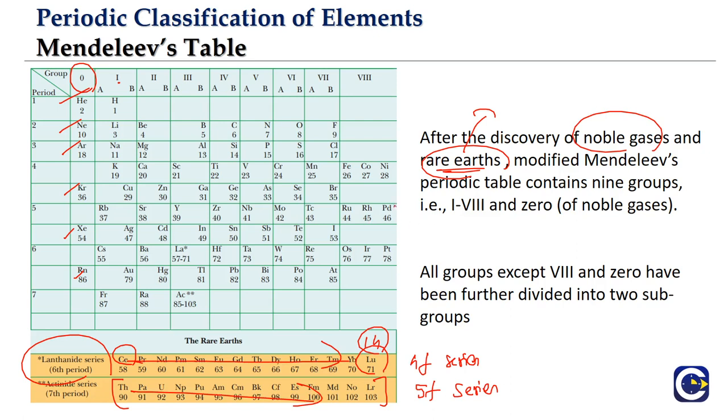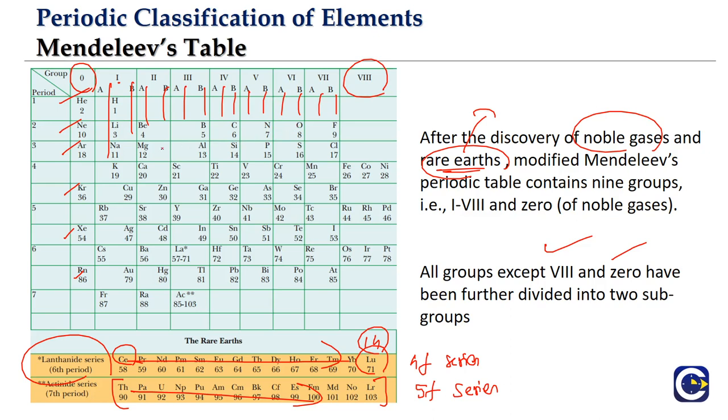And if you see one thing, leaving out group 8 and 0, each of the other groups is divided into two subgroups, A and B. We can see all of them are divided into A and B. Now broadly, in terms of their oxide chemical formula and hydride chemical formula, they will match. The elements in subgroups A and B will have matching oxide and hydride formulas, but the rest of the properties will not go along. So subgroup A and subgroup B will have different properties.